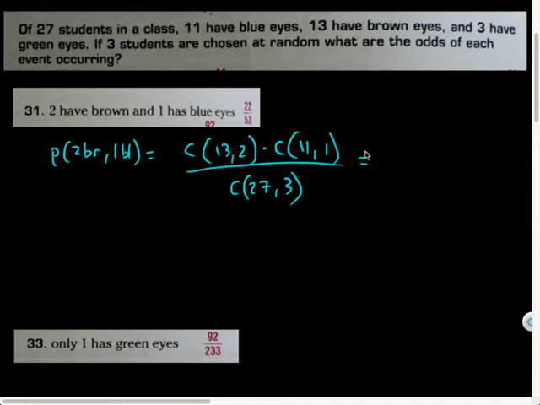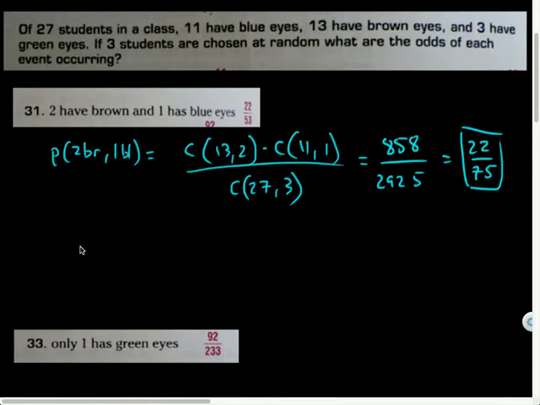So this is going to find our probability, but remember that it's not the question they asked us for. Combo 13, 2 is 78 times 11 is 858, over 27 combo 3, which is 2925. So 858 over 2925 reduces to 22/75. So this is the probability, and we want the odds of the same event of 2 brown,